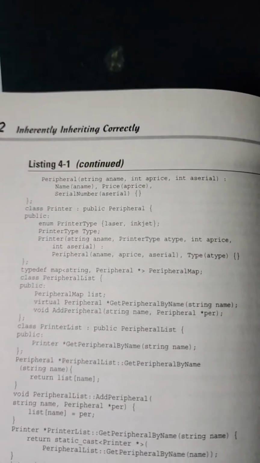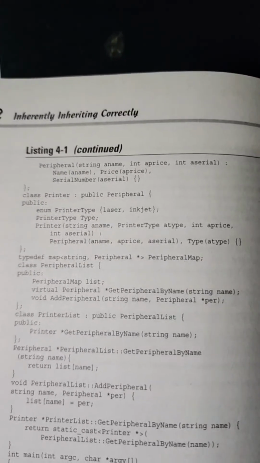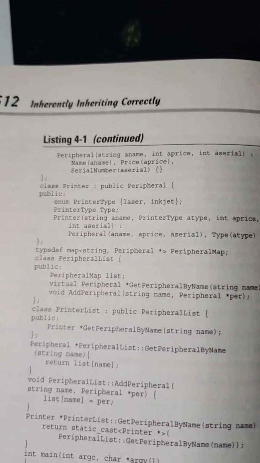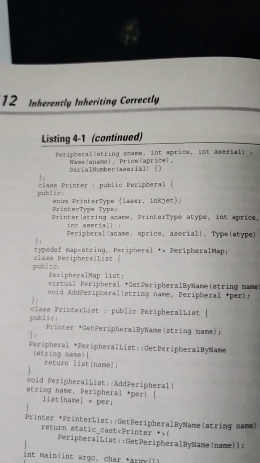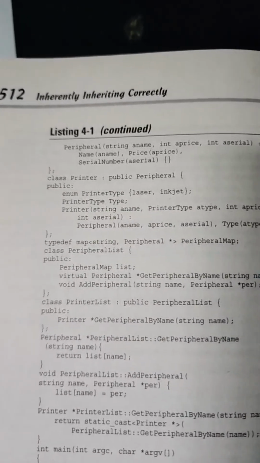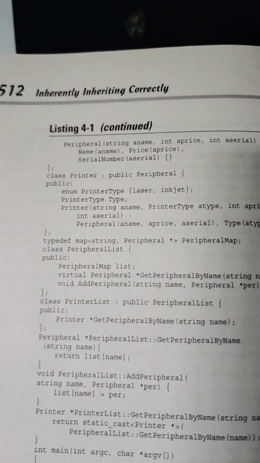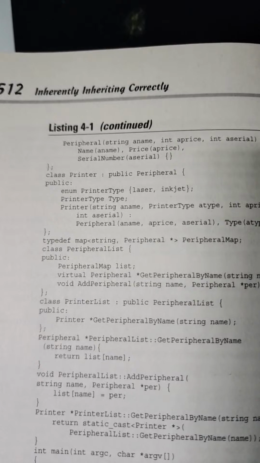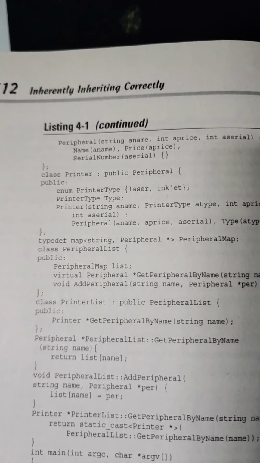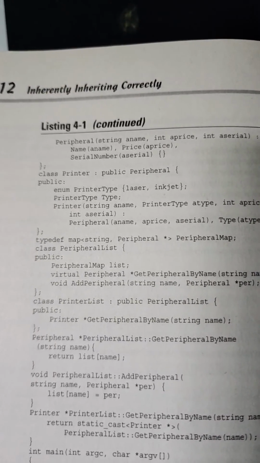Peripheral(string aName, int aPrice, int aSerial): name(aName), price(aPrice), serialNumber(aSerial). Class Printer : public Peripheral { public: enum PrinterType { laser, inkjet }; PrinterType